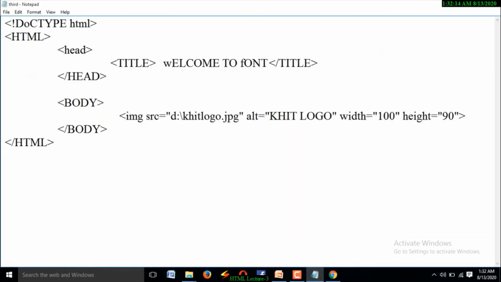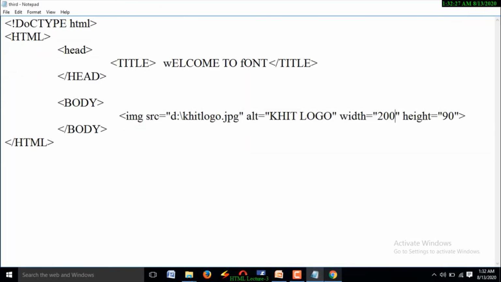This is the image size, and if you want to increase much, you can, as the image is appearing like this. So you can change the width of the image and height of the image by mentioning the pixels or percentage here. This is about image tag.